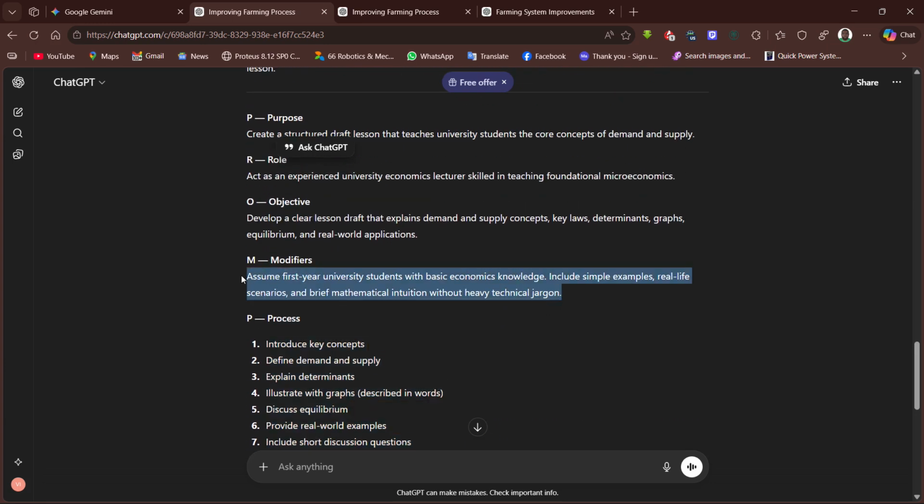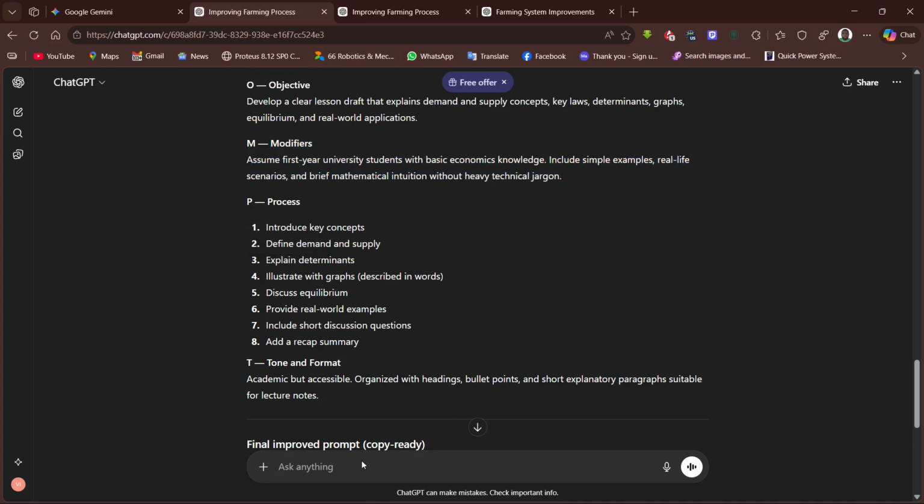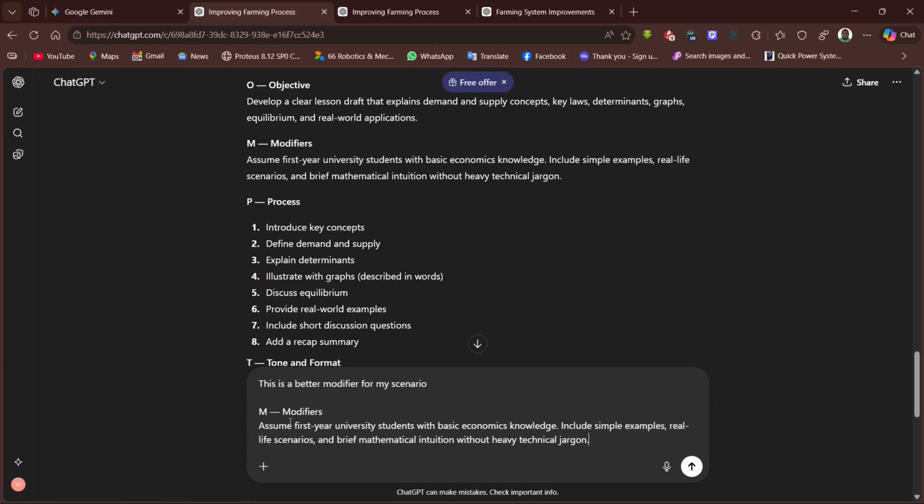You can just copy this, right? Let me show you how to do that. You can just copy this, come under here and then just say edit. This is a better modifier for my scenario. Now you come down and instead of assume first year, you say assume first-year master's university student with